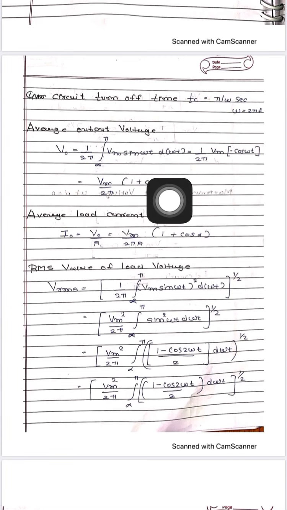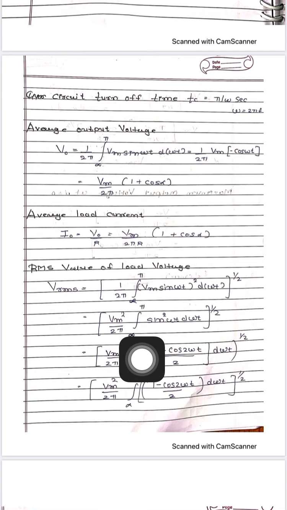Similarly, as I told you, the average and RMS values will change, because the function of the converter is to change the output voltage, the converted output voltage. Now Vrms, the root mean square value, means whatever our average voltage equation was, 1 by 2 pi alpha to pi of Vm sin omega t whole squared d omega t, and the whole thing raised to 1 half.